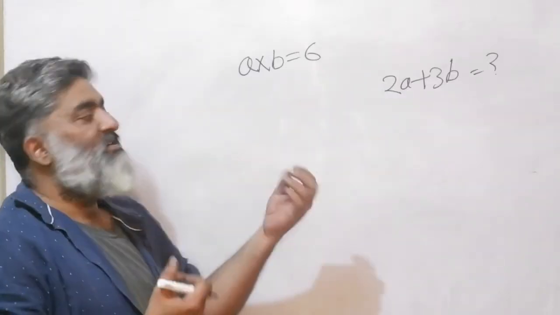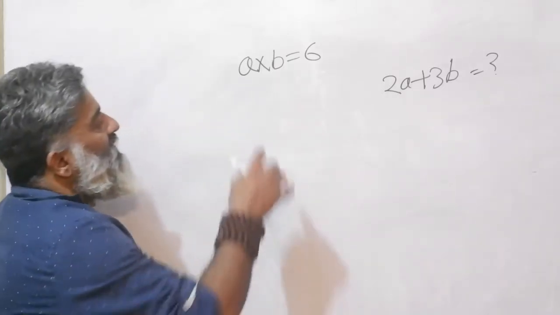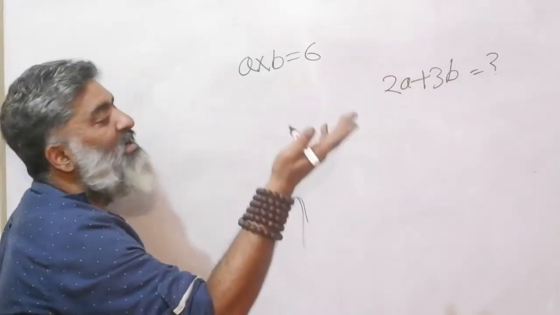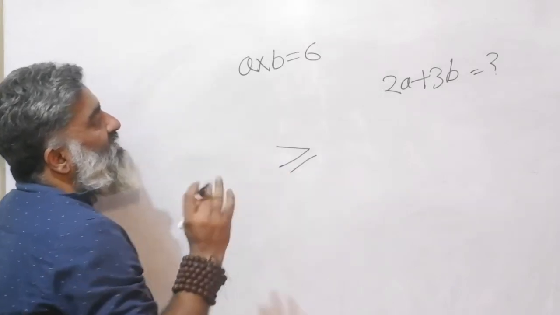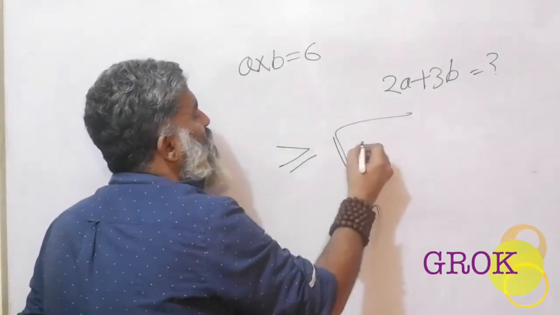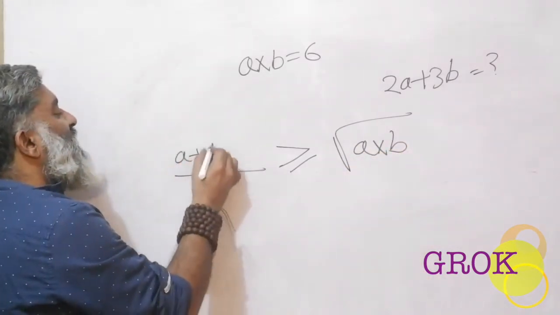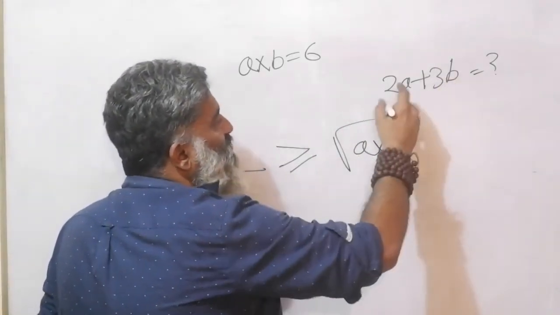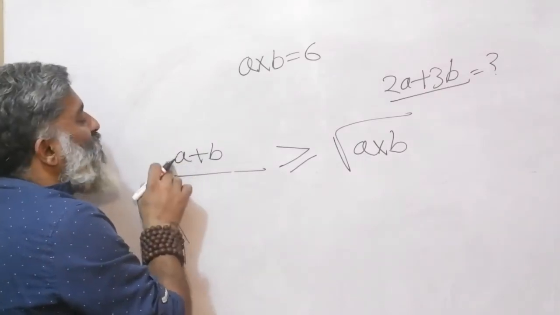Same idea, another example, and our basic manipulations, variations have started happening. A into B is equal to 6, 2A plus 3B is equal to what is the minimum value of this function. That is the game. Draw the inequality sign, that is the easiest step. Start with this: if you put A into B, on the other side also you will have to put A plus B. But you want 2A plus 3B. To figure out your story, you need this on the AM side.